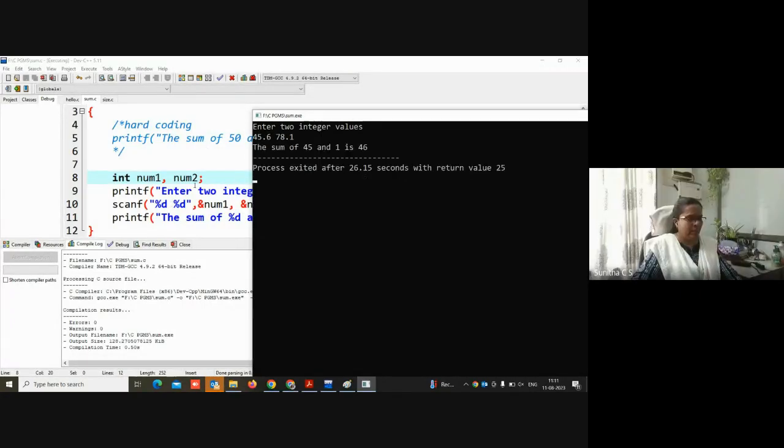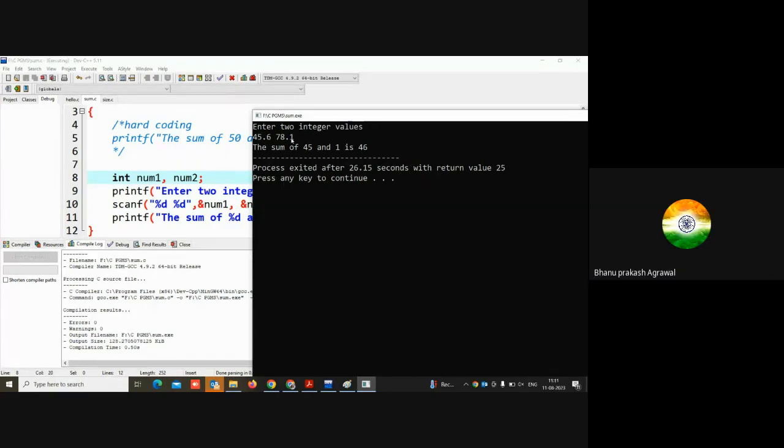So here what happened was 45 was taken, but the second one it is not taking. Every time it was one only. Last time also it was. Even after the point, it was different values. It was one earlier, and right now also it is one, but it is a junk value which has been taken. So it is treating the decimal as another integer input.